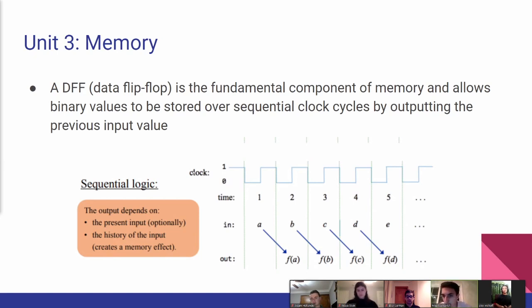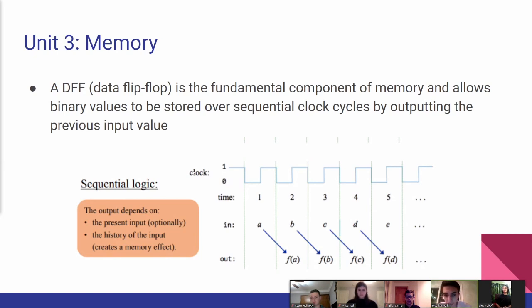So as you see on the bottom right in this graphic, what's happening is the DFF enables us to output the value of the previous input, and output that over consistent clock cycles. Just to give a brief understanding of the clock, every computer device has an internal clock that essentially maintains a consistent rhythm for executing code or executing some sort of machine language, which will be touched upon later in